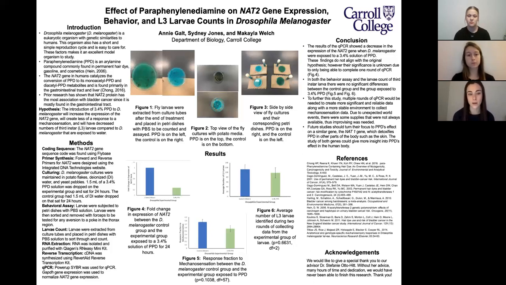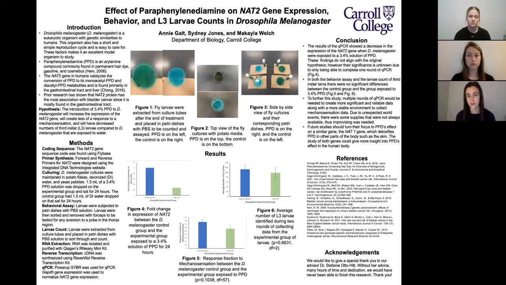So in figure 1, these are the petri dishes with the PBS solution and the L3 larva in the potato media. On the left is the Petri dish that had PPD in it. And as you can see, there's a discrepancy in the color when you compare it to the picture on the right, which just had water. So it has that darkish color that dyed the media as well as dyed the larva and the